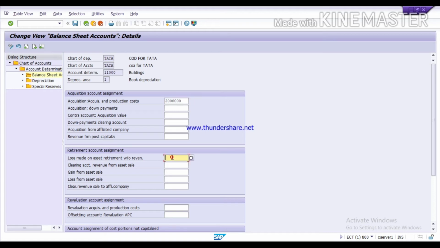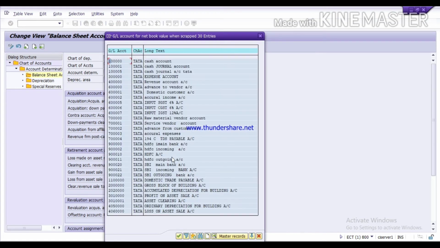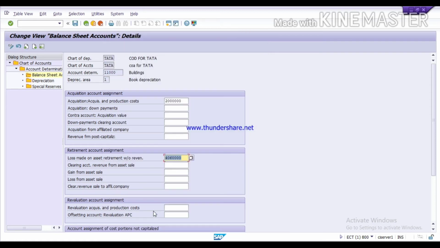So here you need to assign the GL loss on asset. So press the F4 key, press enter and find your GL, that is loss on asset. Here you can see loss on asset sale. So double click on it.